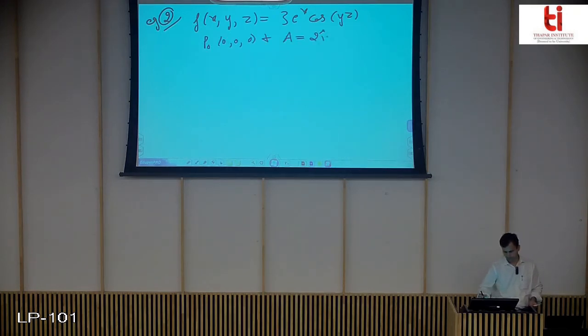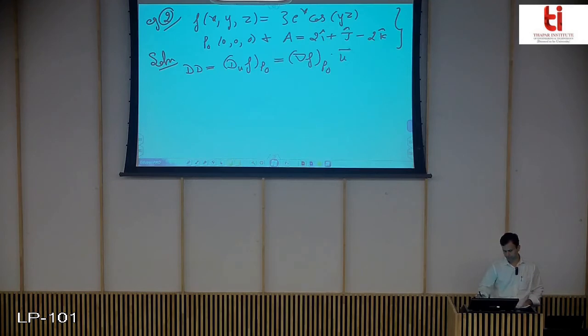Now another example. Here again the same question. The function f(x, y, z) is now this one. The point is this one, and the vector is this one. So again you have to find the directional derivative. So the directional derivative is given by this formula